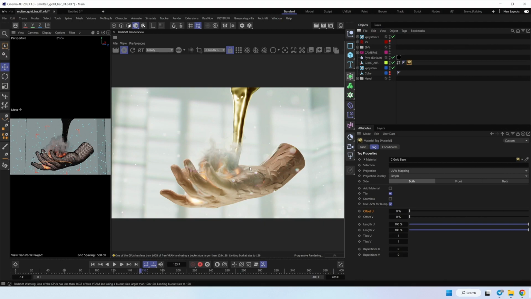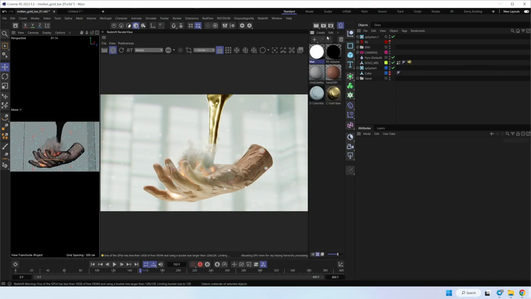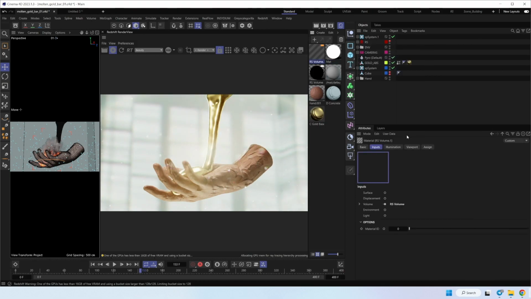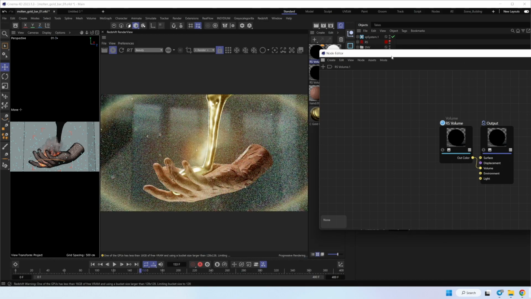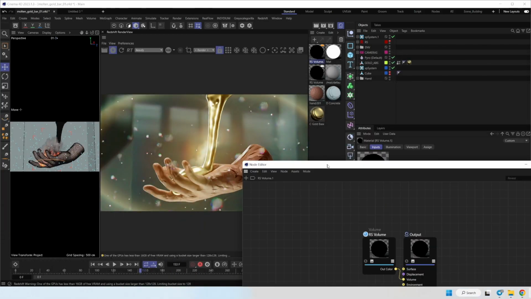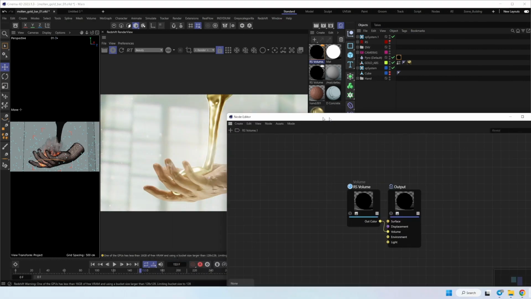and let me show you how I made this volume shader. It's pretty simple too. Let's remove this one and go to Redshift, Materials, Volume. Let's turn on and place our volume to our Pyro.